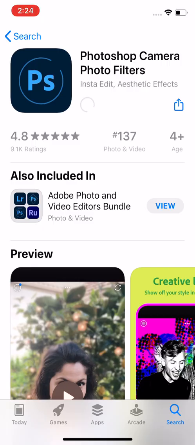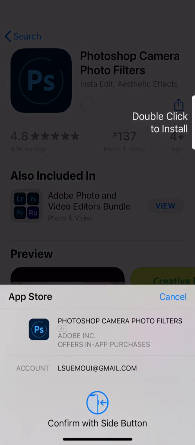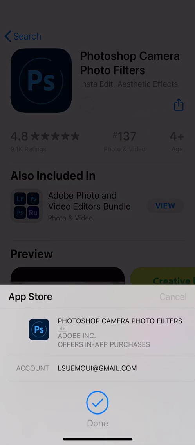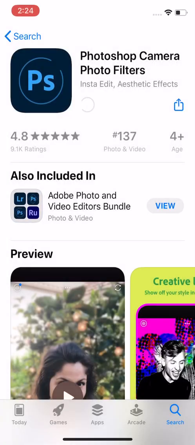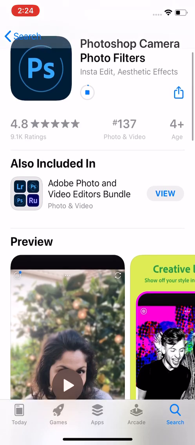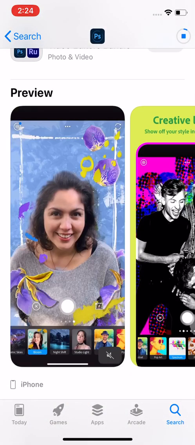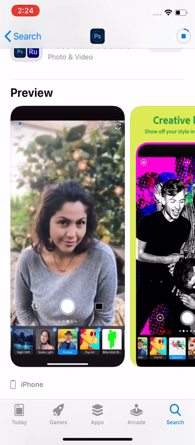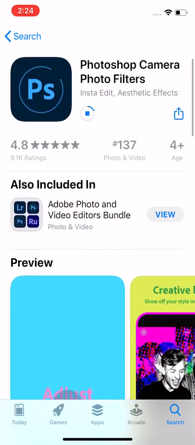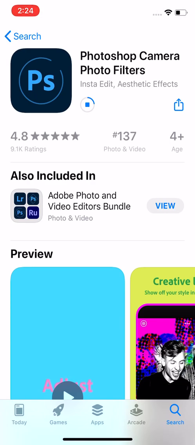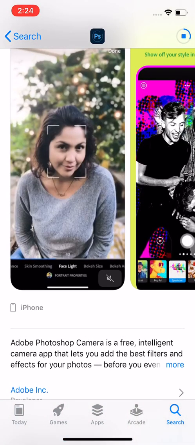So I'm going to go ahead and get it. I'm going to install it. And it's going to take a second to install. What Photoshop Camera Filters is, it takes your pictures and you can apply different kinds of filters on it to make it more artsy. What's interesting about the Photoshop Camera Photo Filter is that you can actually take pictures in